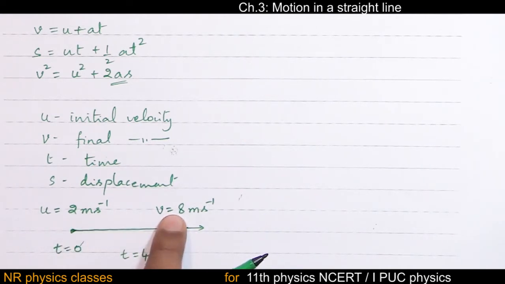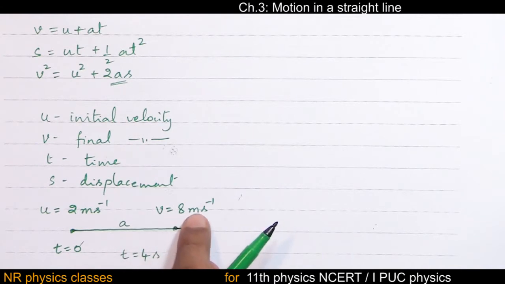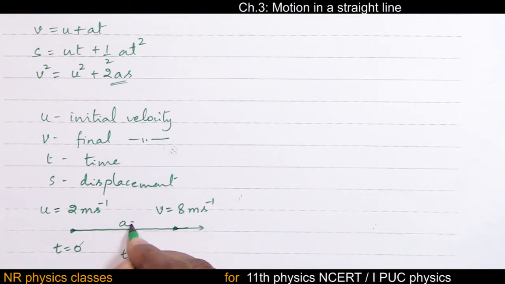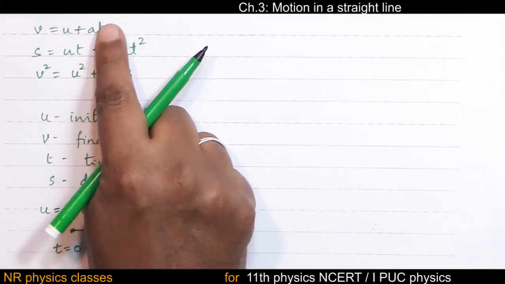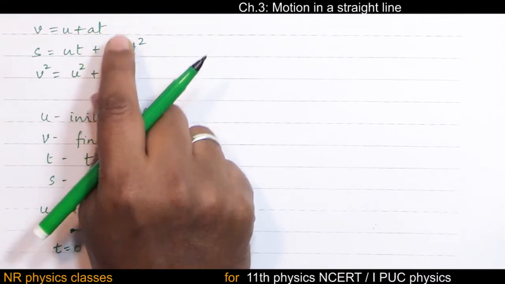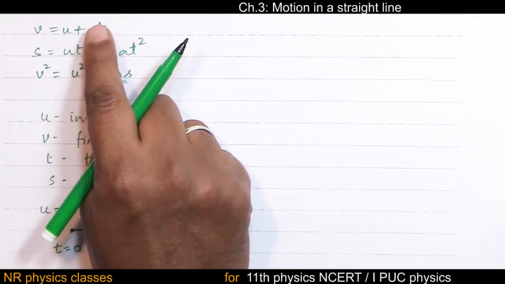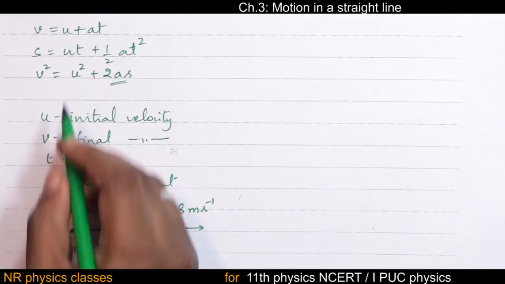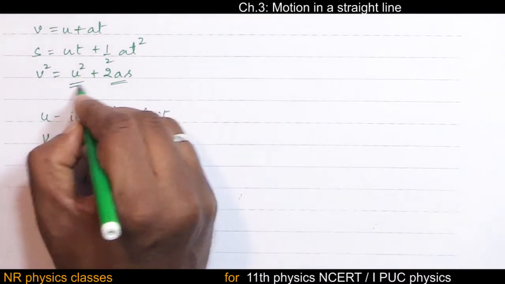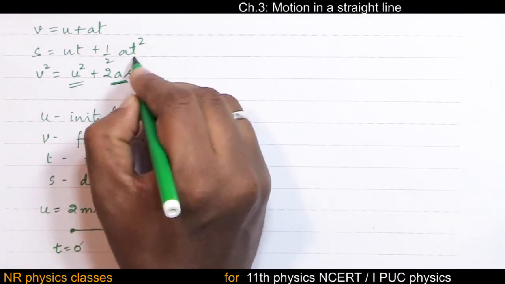Velocity increases means it should be accelerated motion. So under acceleration a, body attains velocity 8 meter per second. So acceleration we don't know, some value. Okay, so such problems are solved using these three equations, and these three equations are called equations of linear motion, equations of one-dimensional motion, or simply equations of motion. Okay, since it involves initial velocity, acceleration, and time,